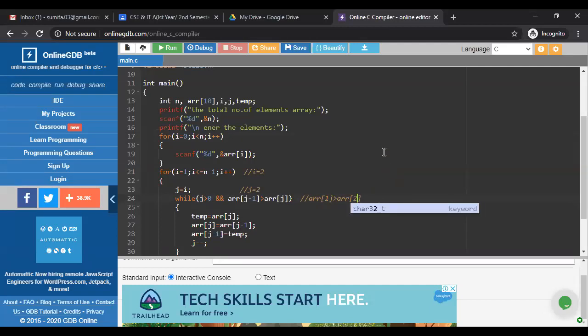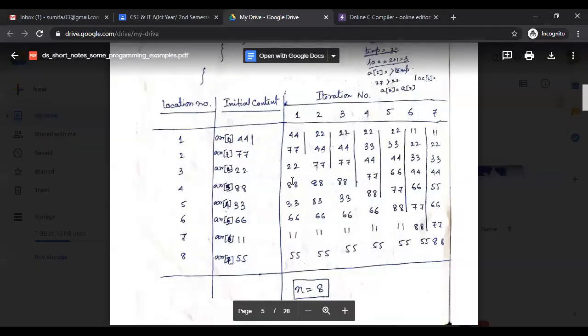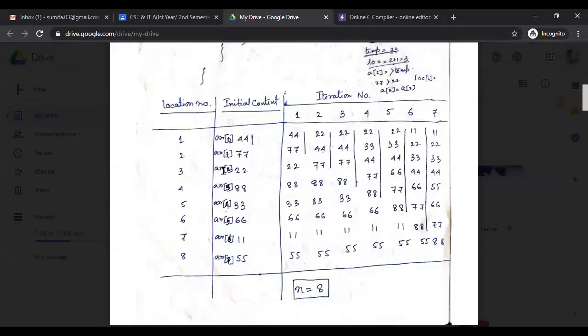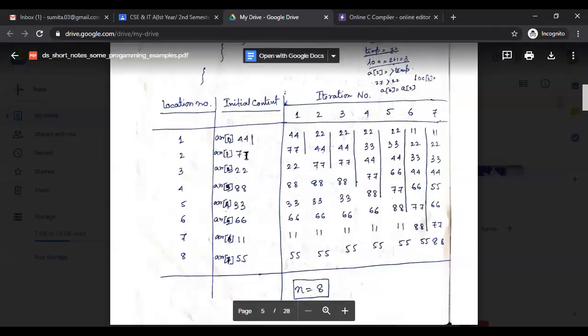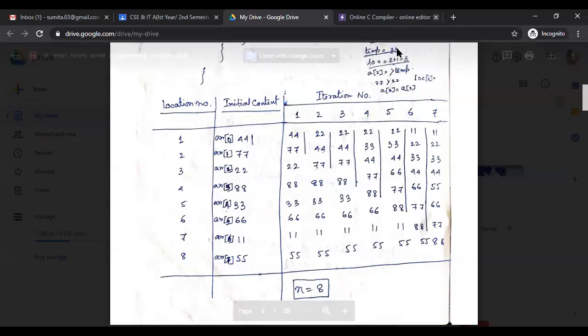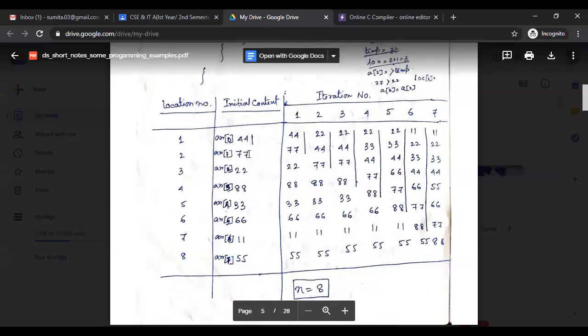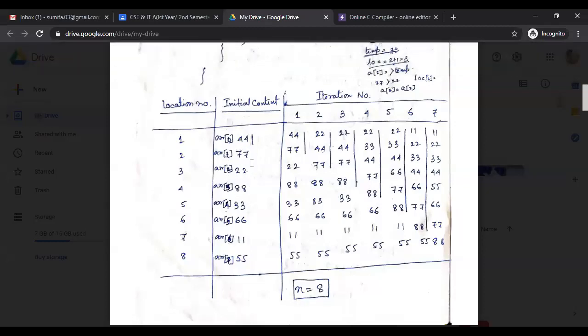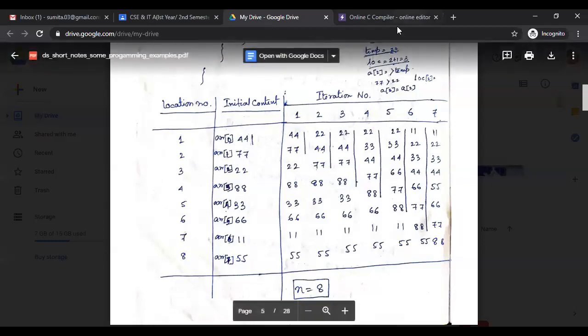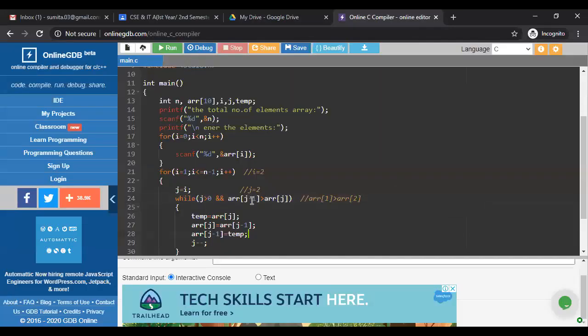Obviously, because as our example says, who is sitting at the ARR 2 position? 22. See, who is sitting at the ARR 2 position? 22. So obviously ARR 1 is greater than ARR 2. ARR 1 is greater than ARR 2, which means my condition is true. So we know that if both conditions are true, then the compiler enters into the body. So now